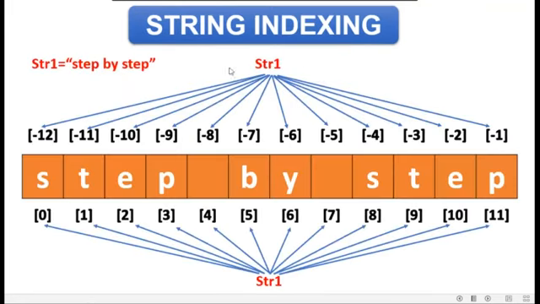In our previous video, we learned about string indexing, and we also learned that there are two types of indexing in Python, that is positive indexing and negative indexing. If we are doing positive indexing, our index always starts with 0 and reaches till the end, right? And if we talk about the negative index, then we start from -1 on the right hand side and then move on to the left, and the index values keep increasing accordingly. Let's move on.